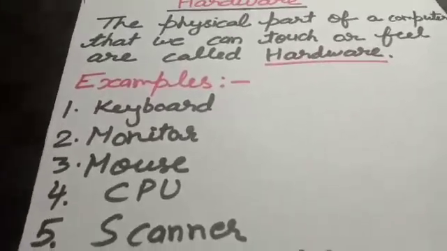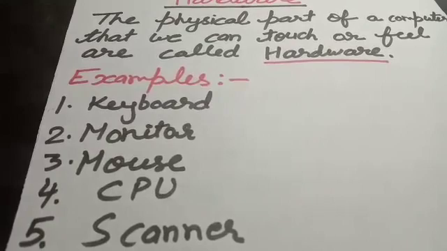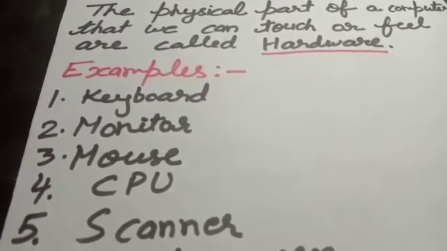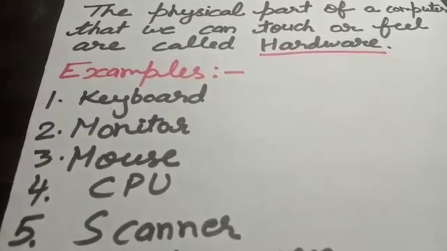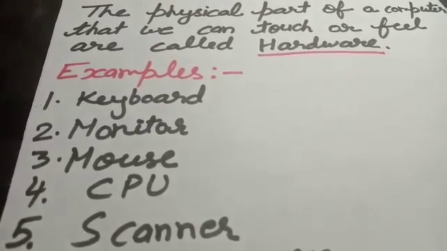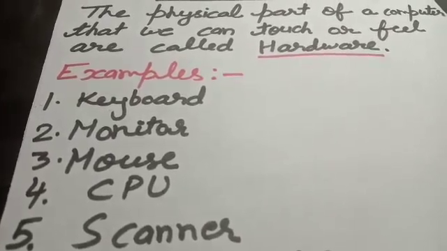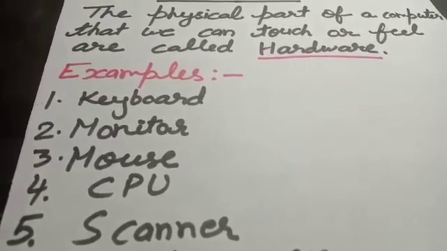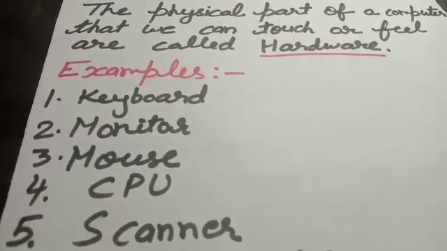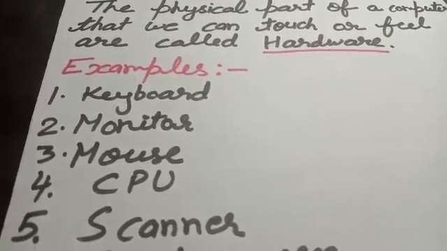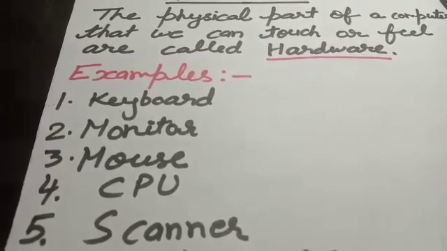Number five is the scanner. Children, have you seen a scanner? It is a device that reads the text or pictures printed on paper and translates the information into a form that only a computer can understand. Means, children, if you want to copy a paper directly into the computer without typing, or send any picture directly into the computer, the scanner is very useful. It takes a copy of that and sends it directly to the computer.